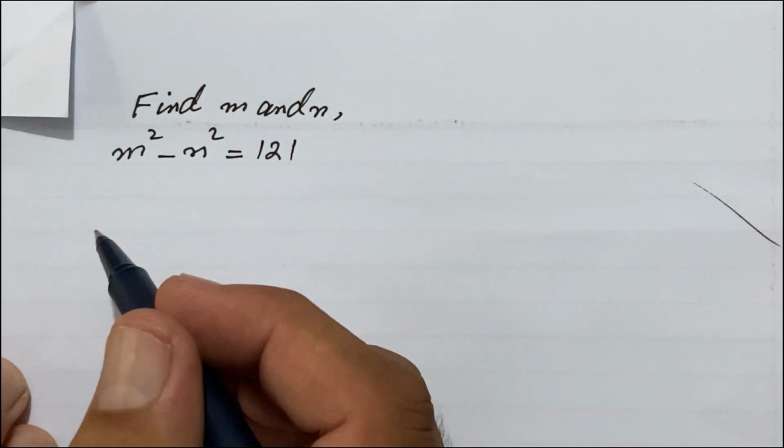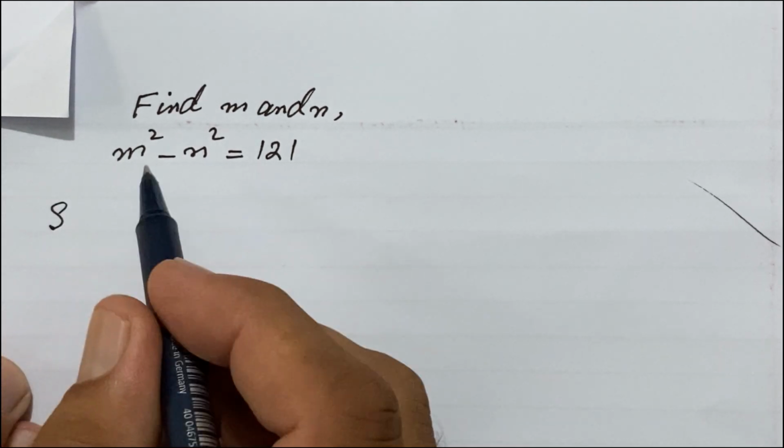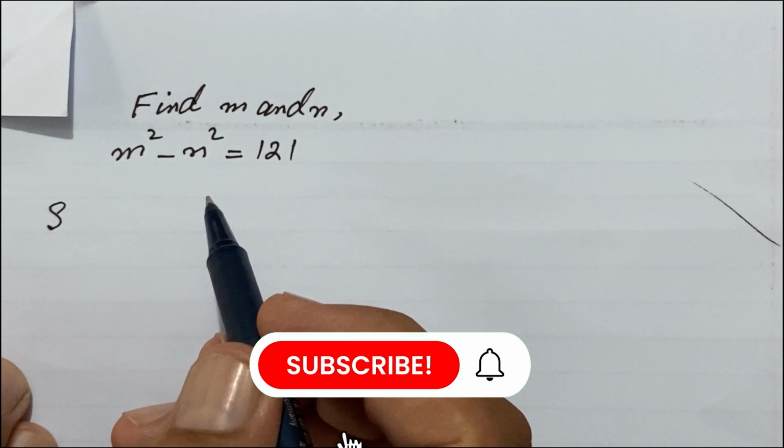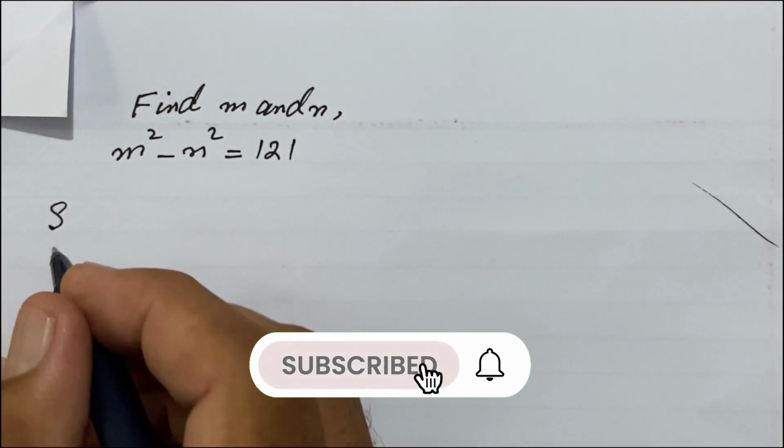Today the question is m square minus n square is equal to 121. Now for solution,